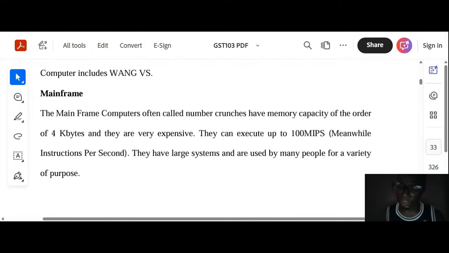I have something nice for you guys. You will love it. I want you to fill in the blank space. There is a question dropping shortly. So fill in the blank space and let's see if you guys have been following. Those are mainframe, the big computers. They can execute up to 100 million instructions per second. Oh my goodness.